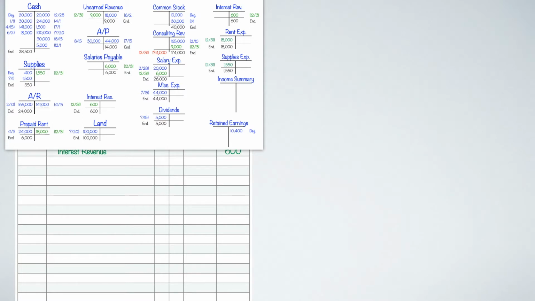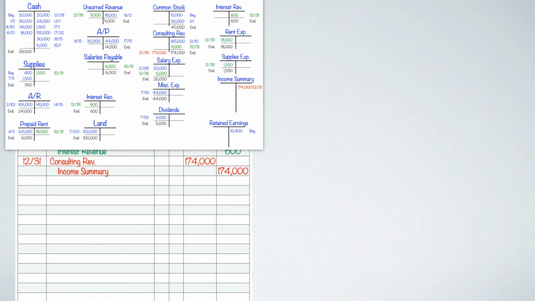And if I'm going to debit the consulting revenue account, I have to credit something else. And so therefore I'm going to credit income summary for the same amount. So credit 174. Now that takes care of the T-tables. Now I need to put it in terms of journal entry. So again, I'm just going to put 1231 because this is my closing. That's when closings happen. Consulting revenue of 174 and then income summary credit of 174. All right, that takes care of one of them.